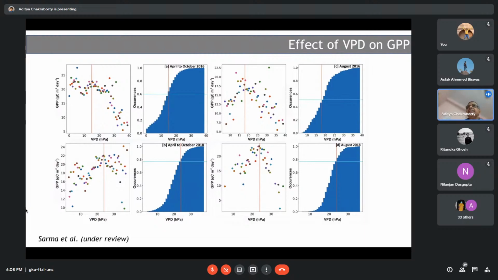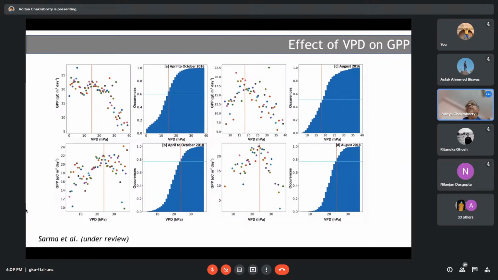By definition, it is the difference between the vapor pressure in the normal air and the vapor pressure when it is at saturation. If you take the difference of the vapor pressure of these two, that is, how much vapor is there at any given time and what the vapor pressure would be if it were saturated, this difference will give you the VPD, and VPD is important.